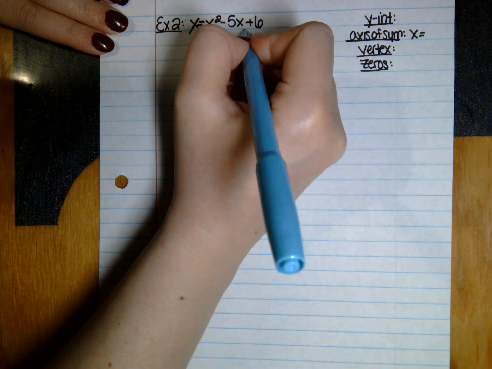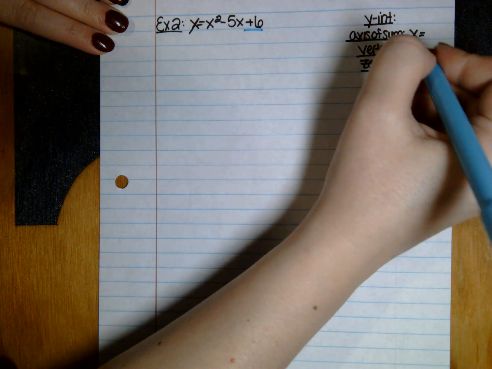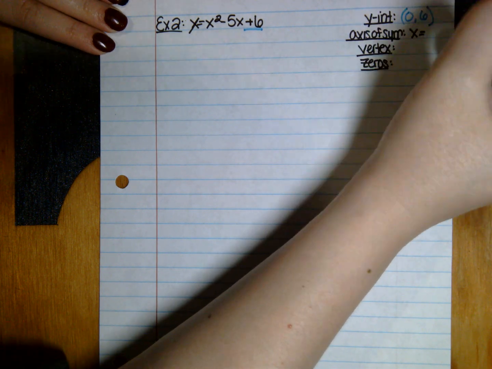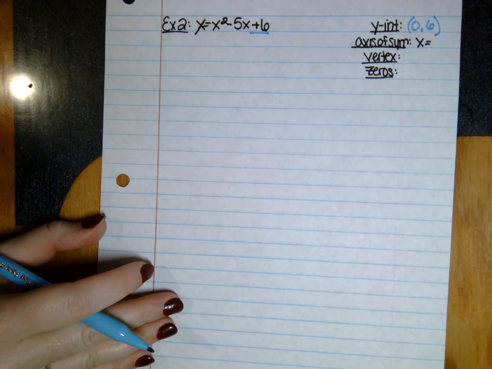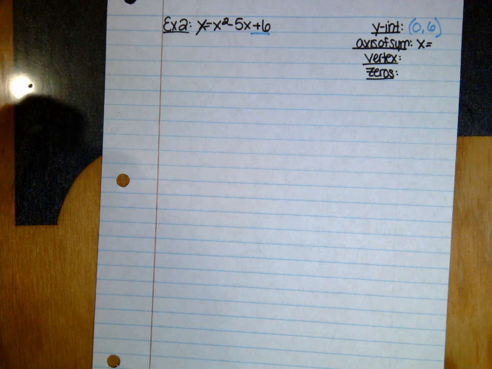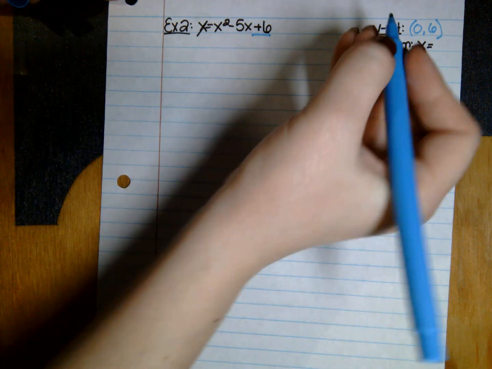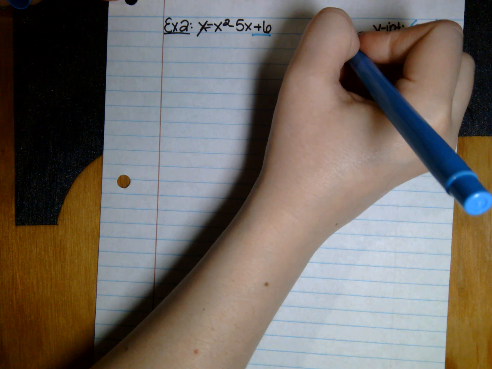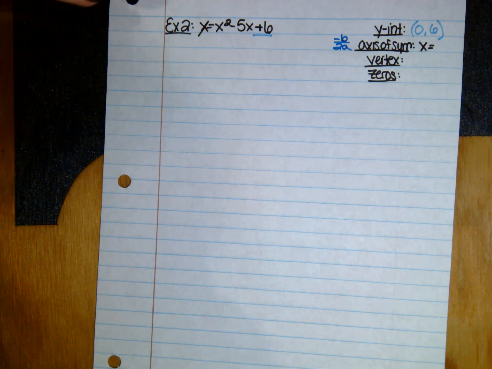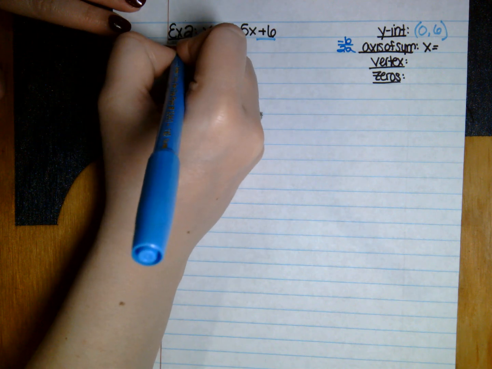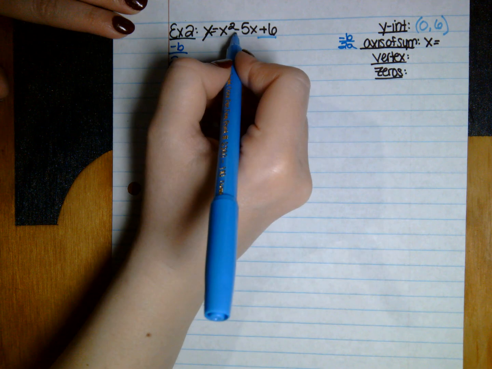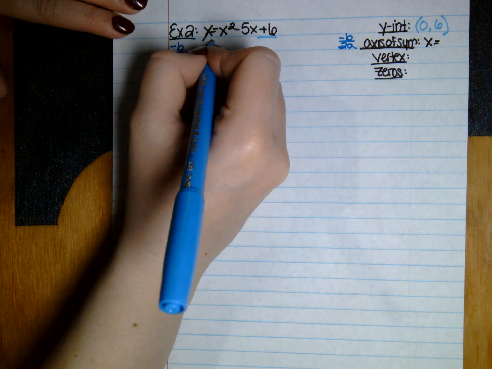Remember, your y-intercept is always that c value. So in this case, my y-intercept, when x is 0, my y is going to give me 6. That's what I know about my y-intercept. My axis of symmetry. We said the equation for axis of symmetry was negative b over 2a. So if I have negative b over 2a,